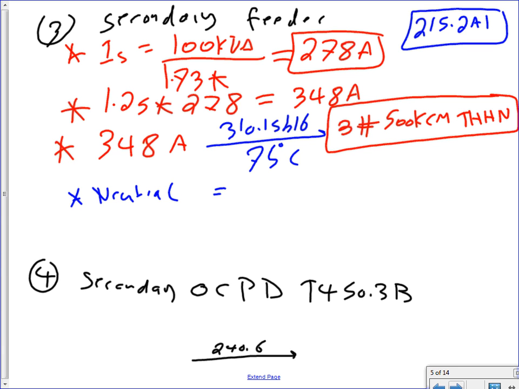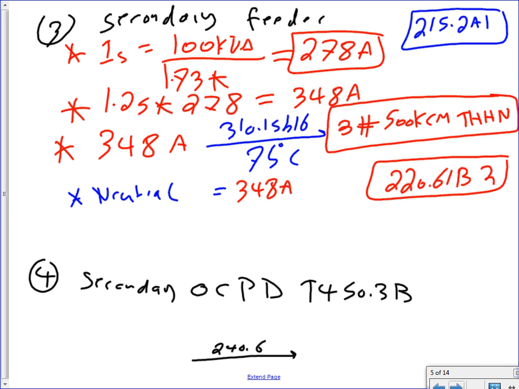The neutral, guys, now because I don't know what the neutral load is on this transformer, I always use the load on the phase and derate it based on the following. We calculated this one is 348 amps. So I want to remind you guys, if you go to 220.61(B)(2), it tells you anything higher than 200 amps, multiply by 70%. Do you guys remember that? We used it before. So here's what I'm going to do. I'm going to take the 348 amps, the first 200 amps, do not mess with them. Anything higher than 200 amps